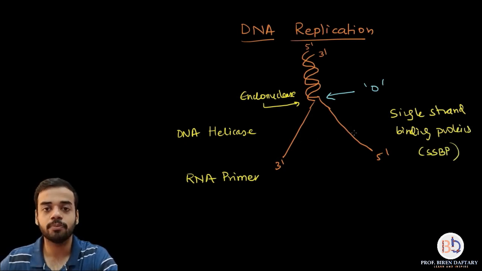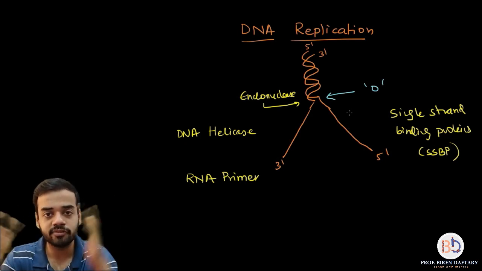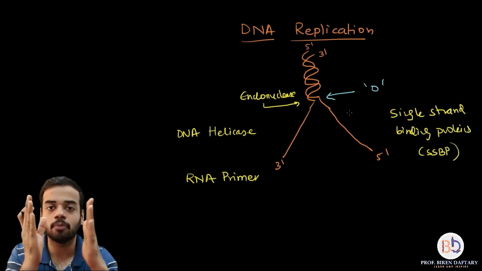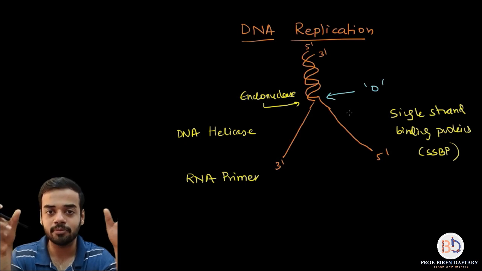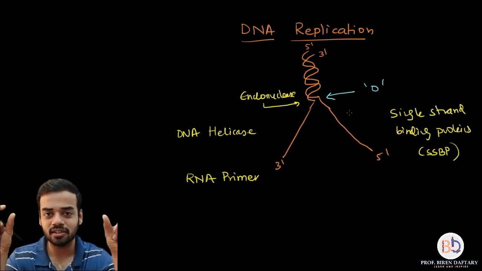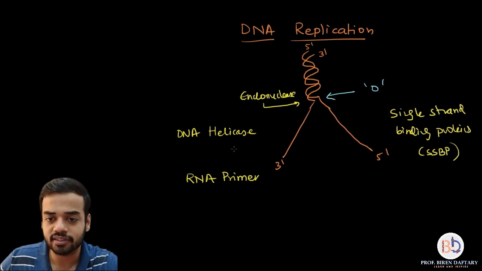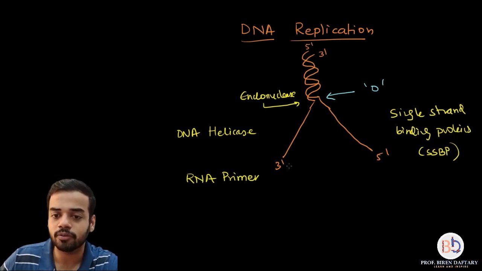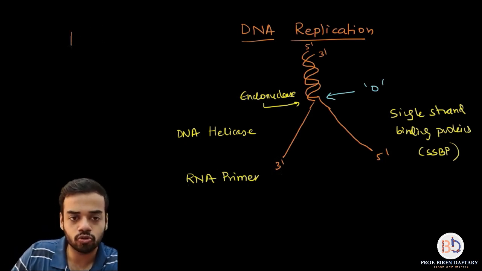After that, what is going to happen is, once the RNA primers are ready, the SSBP will be removed, because if the SSBP is bound to the strands, the RNA primer will not be able to bind. So as soon as the RNA primers are ready, what is a primer? A primer is basically a very small sequence which is complementary to the DNA strand. And the RNA primer is always connected to the 3' end of the parent strand. So now these are the two parent strands. Please remember, a parent strand is also called a template.